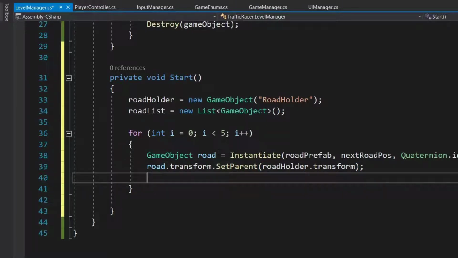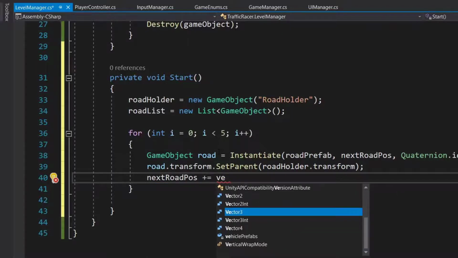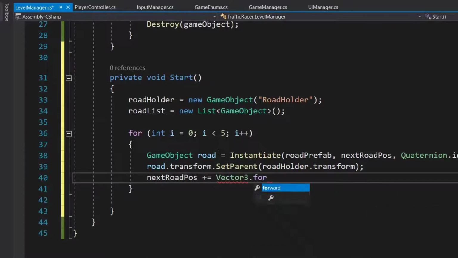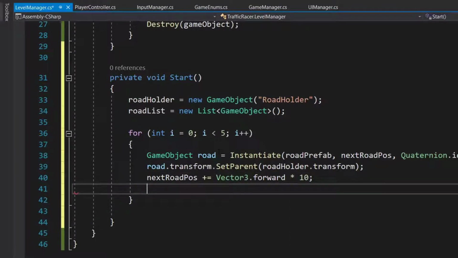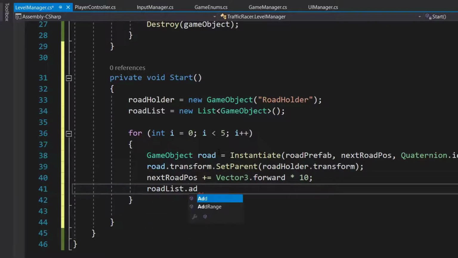Then we set nextRoadPos plus equals Vector3.forward times 10, because we know our game is moving in the positive Z axis, and we are multiplying Vector3.forward with 10 because whenever we are placing two road prefabs adjacent to each other, the distance between the centers of both of them will be 10. Then we add this road to our roadList.